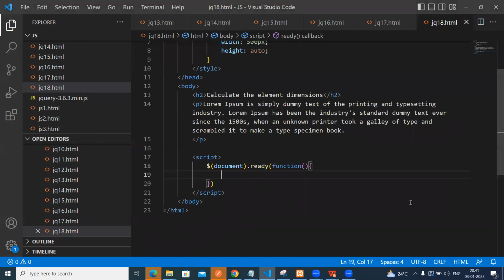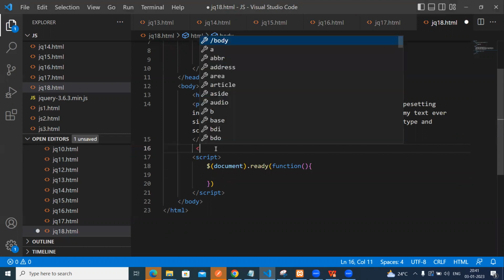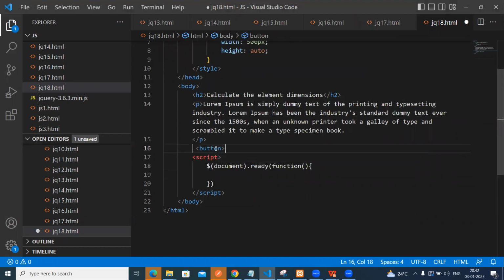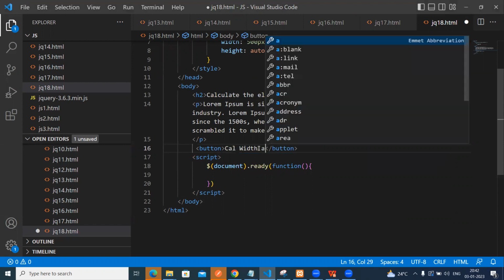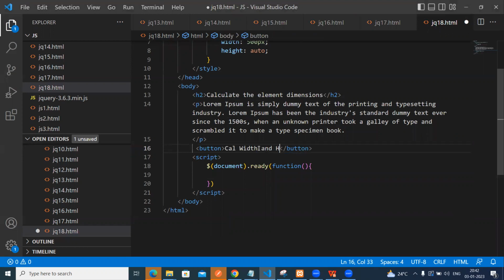So first we have to take the action. When I am using a button here, button, calculate width and height. Button id equal to dimensions. Okay, so this is my id. So when I click on this one,